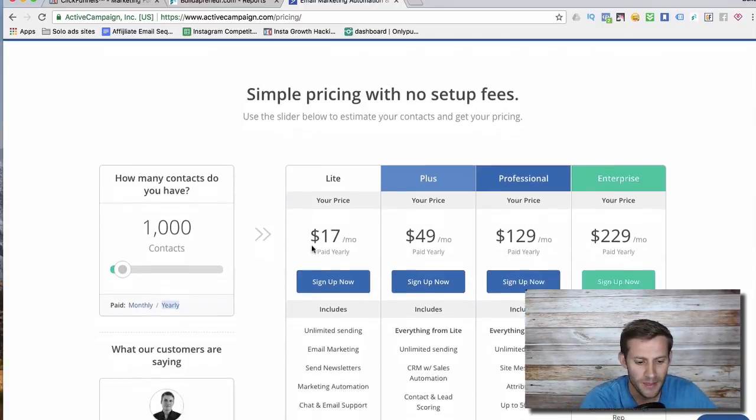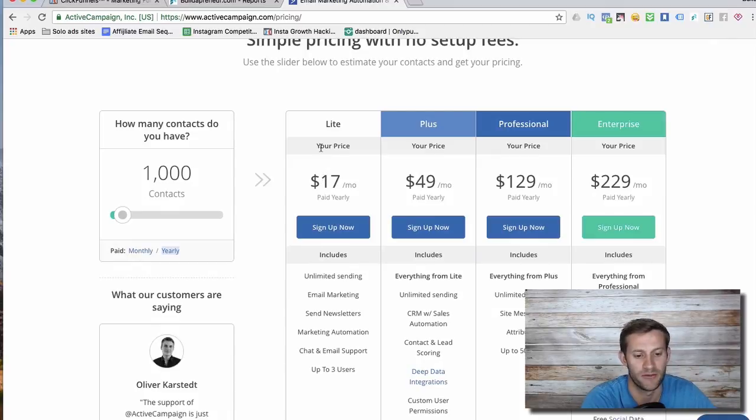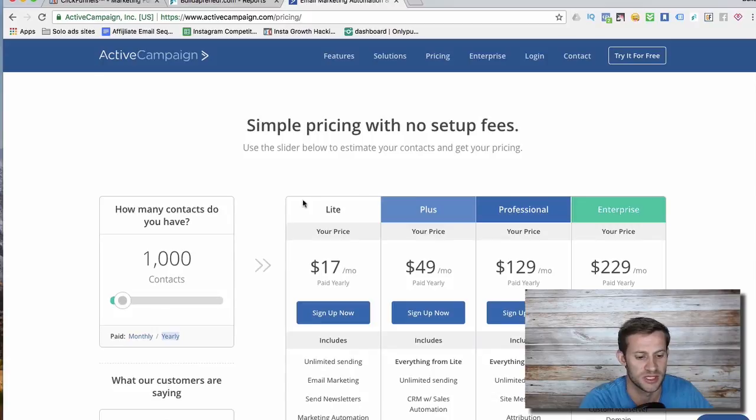But anyway, their Lite plan is extremely powerful, okay? You don't need anything more than the Lite plan, and I always recommend that unless you need a CRM and all kinds of powerful automation for sales teams. Then you're totally good with a simple Lite plan, which is exactly what I use. And as you can see, I've got great open rates, great emails, great automations, everything I need to really run a powerful email marketing business.